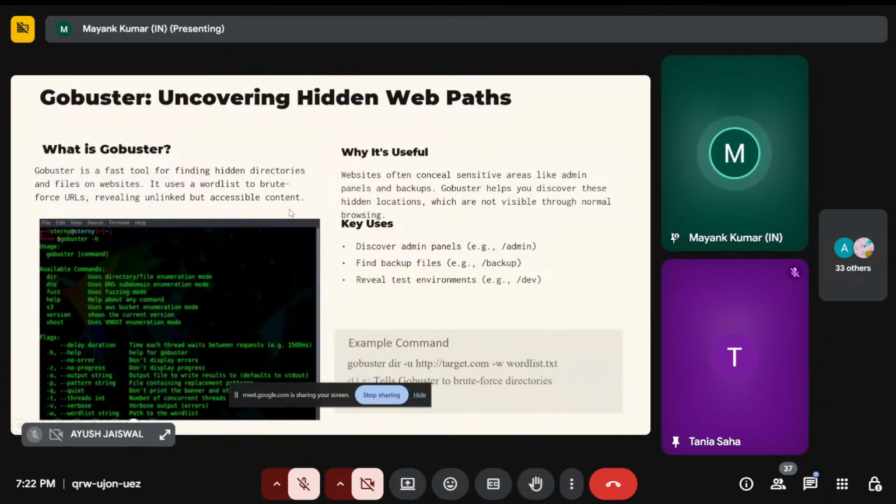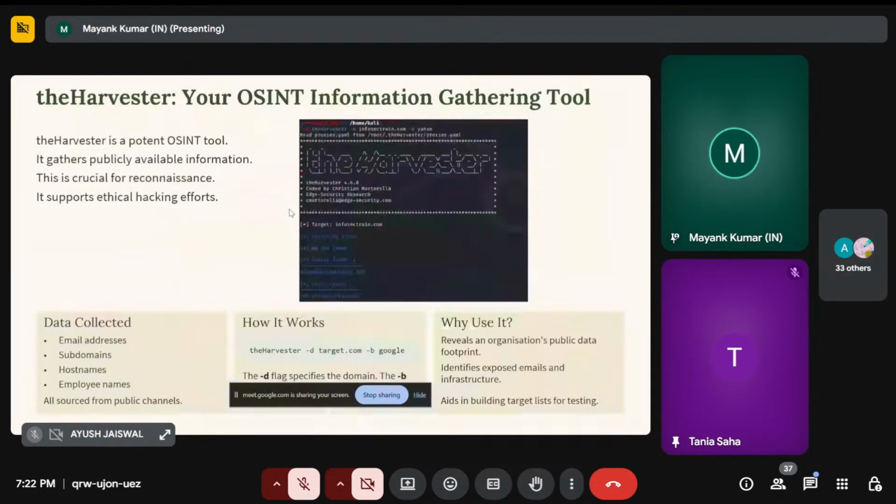Now we will go for GoBuster. Your name itself defines its characteristics, so I will try to map it in layman's terms for the technicality so that you can understand what GoBuster is. I think you have the harvester information. In layman's terms, a harvester is one person in your block, in your area, who has the documentation of everything,